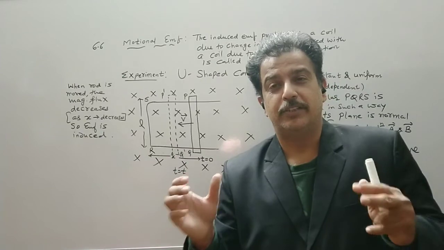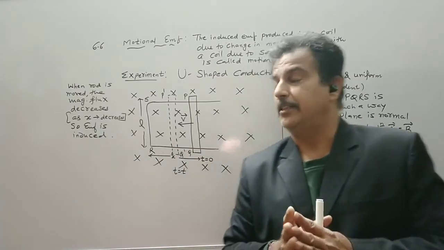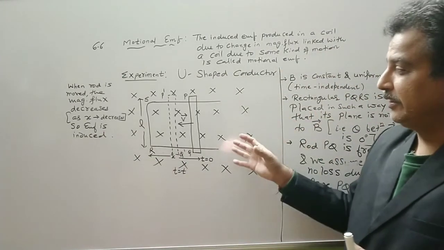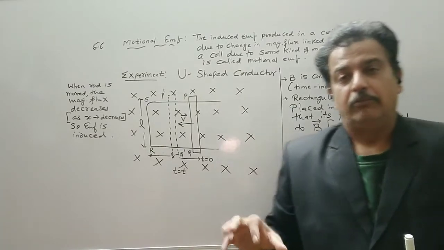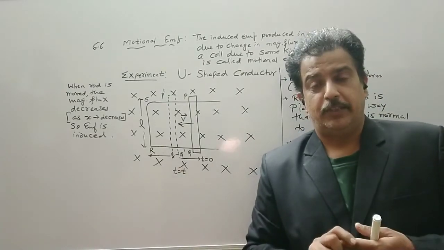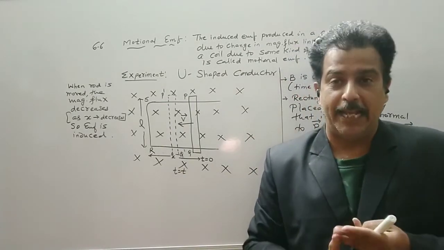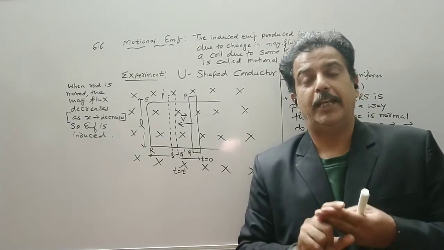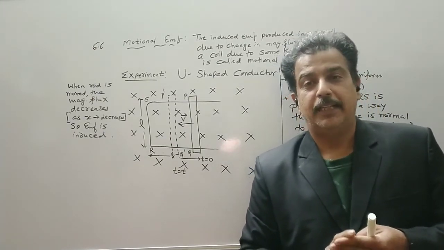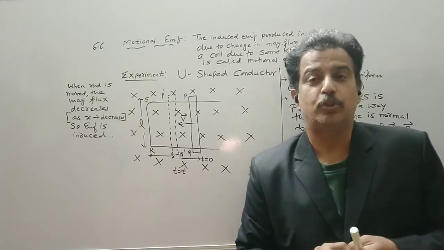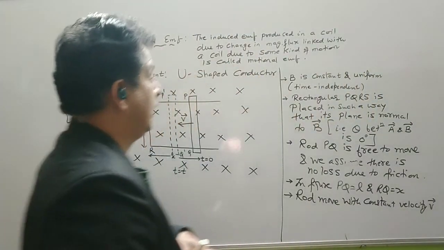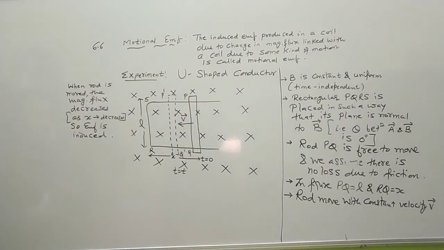But you have to first always check whatever experiment is given; not necessarily is this arrangement always given. Whatever arrangement is given to us, if B, V and L are involved in any experiment, then first check that these three are perpendicular to each other. If they are not perpendicular to each other, the induced EMF will be 0.